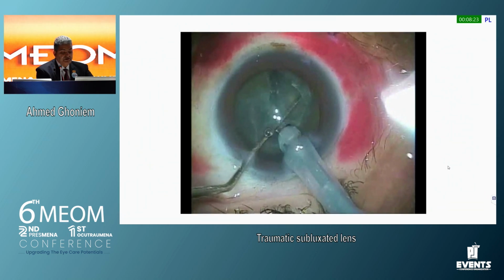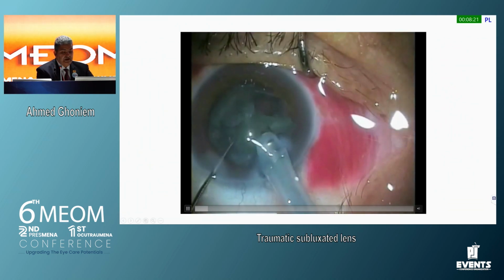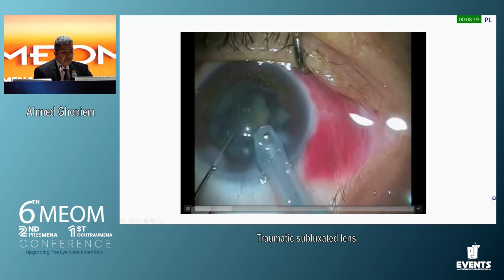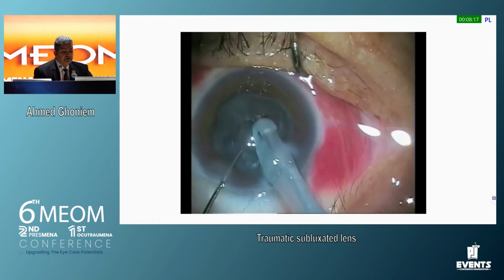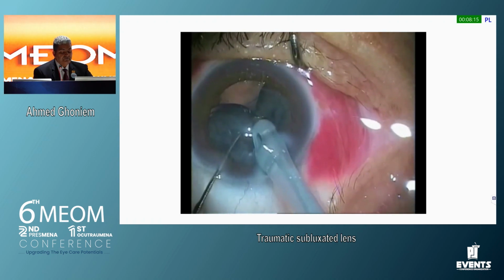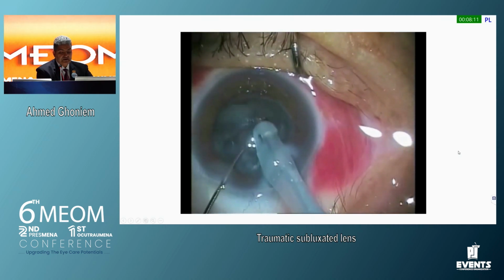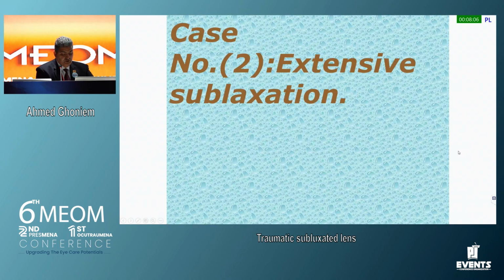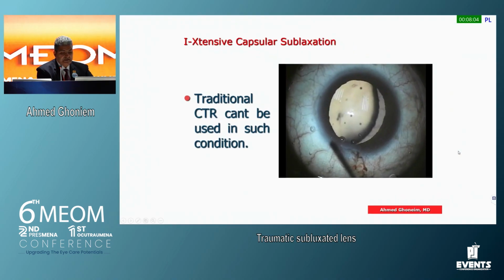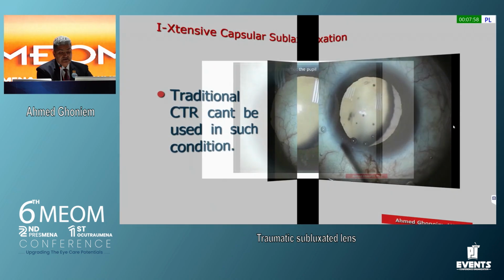So we can see here again in slow motion what happened. The iatrogenic trauma is that you just caught the zonule, and you can find maybe more than 40% of the lens is caught by the phaco tip. So what will you do in such a case of trauma? In such cases, more than 50%, because you can see this is about 45% of zonule, but it extended to about